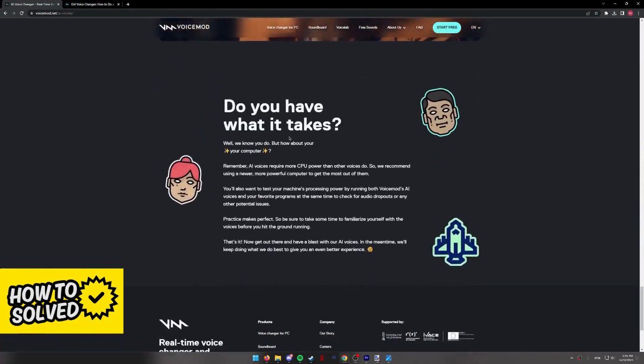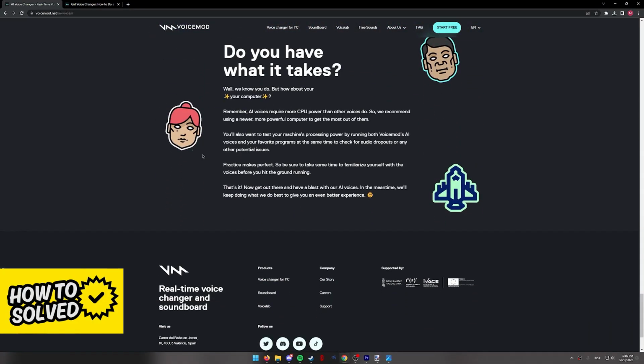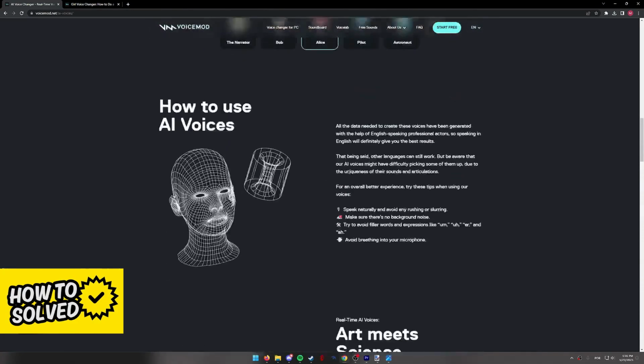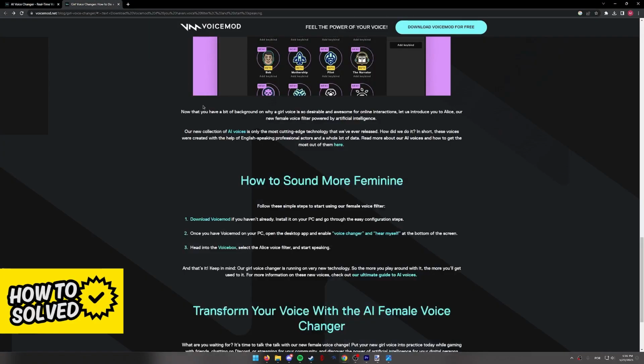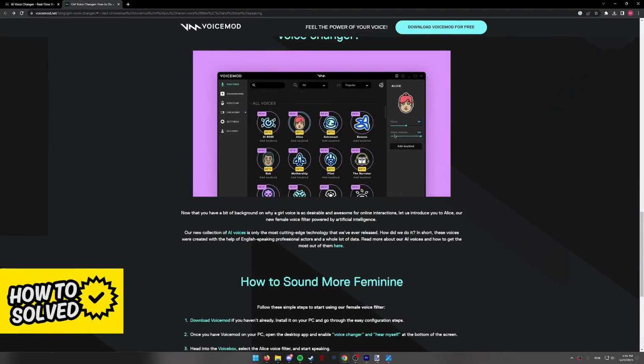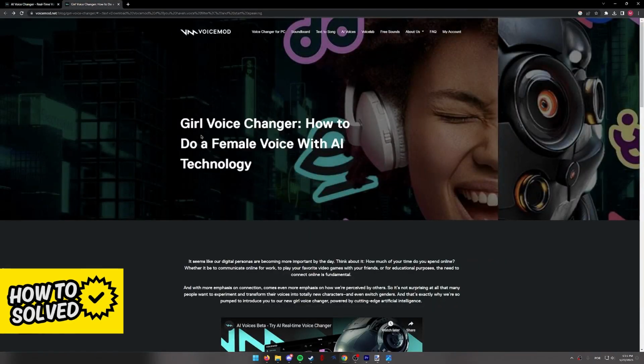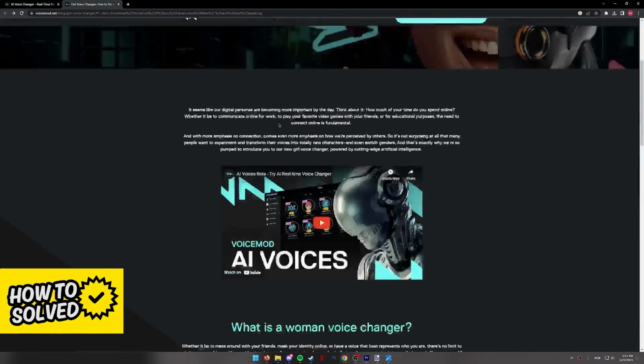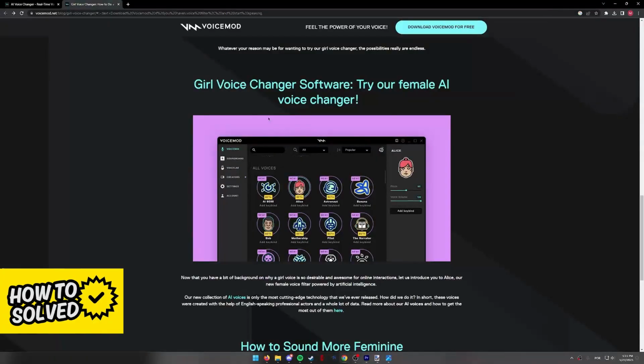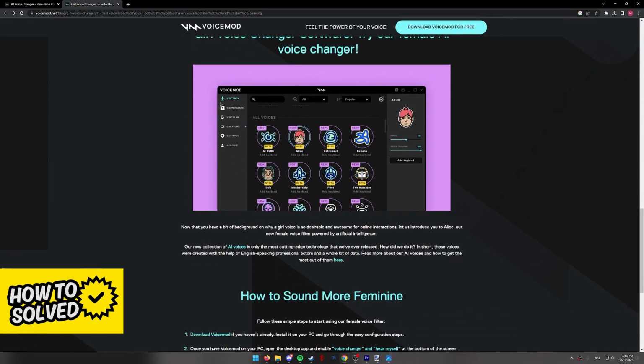Keep in mind that you don't have to use the default Alice voice that they offer. You will be able to change the pitch, volume and other settings when you go to set it up, as you can see over here at the right side of the screen. As you can see, they also have a blog post about how this works if you want to go into more details, but as you can see, all you have to do is select the voicebox at the top